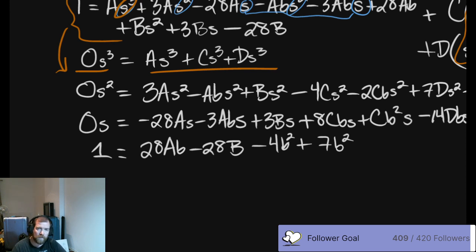Now we do technically have a problem here because we've got a lot of lowercase b's and we've got capital A, B, C, D, which means that we're not going to be able to solve this entirely. We'd want lowercase b to technically still be a variable. It's going to be used inside of all this stuff. No, sorry. We want lowercase b to still be a constant, but now everything's going to be in terms of that constant value. So it's not really going to work, but yay, good job.